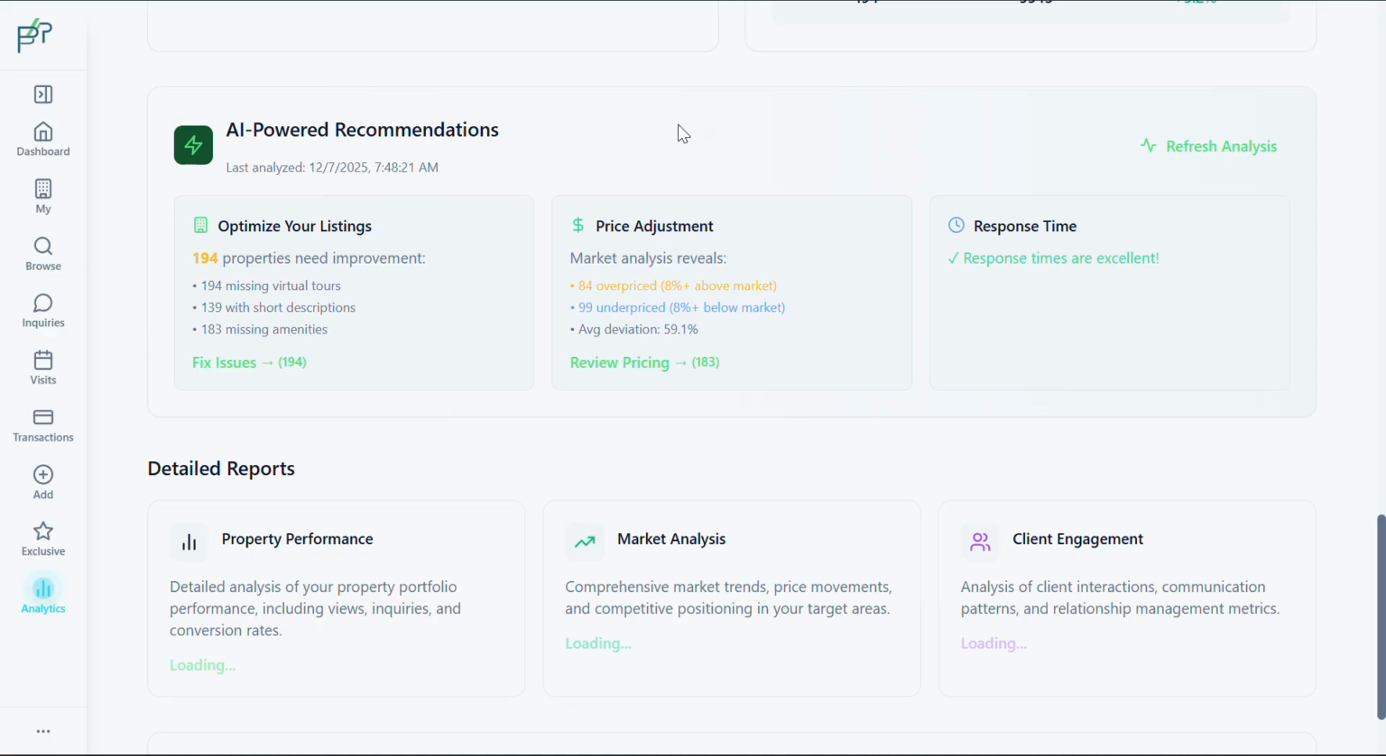That's analytics and reporting: customizable dashboards, detailed performance metrics, market trend analysis,